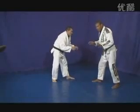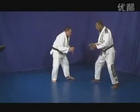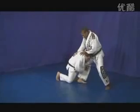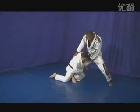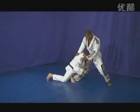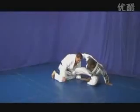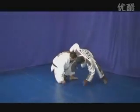Front standing, my opponent will go for a single leg. So when my opponent goes for a single leg and he gets my leg, if I stand chest facing him without doing anything, he'll take me down. So what I'm going to do